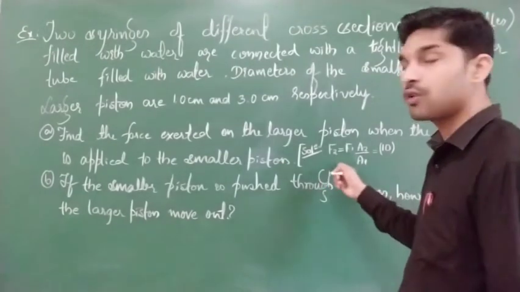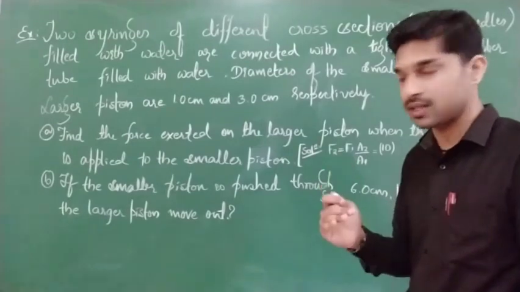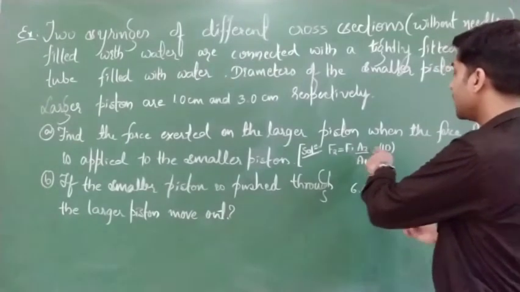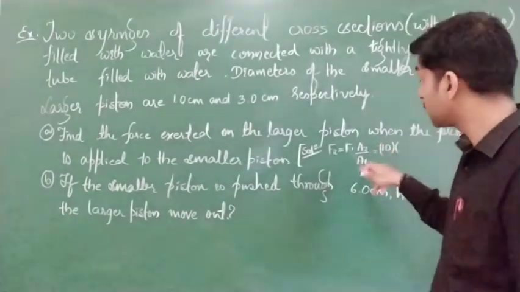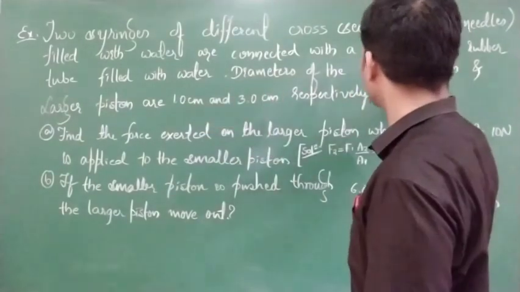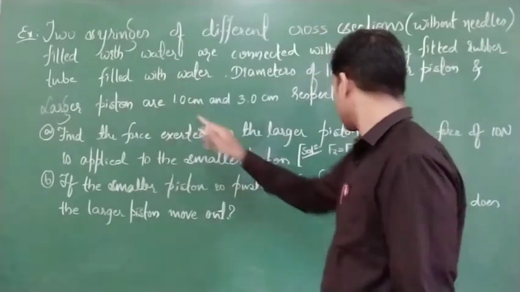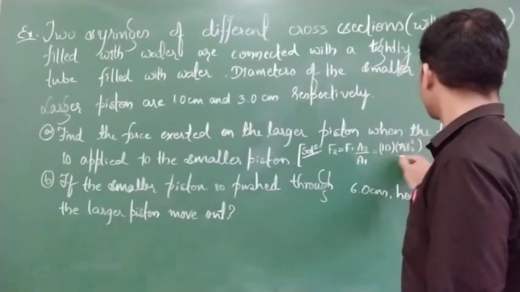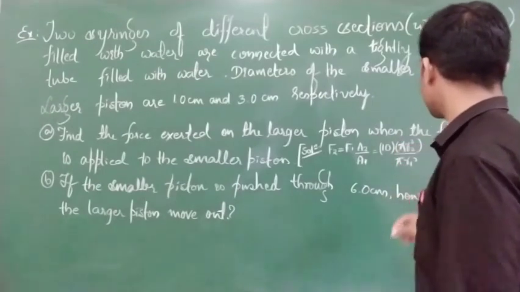If you are unable to follow this, you can follow the step by step writing also, the way we did the step by step method yesterday. So F1 is 10 Newton. Next A2, the area of the second piston, is pi R2 square. For the second one we consider R2, and the smaller piston will be D1. So first I will write pi R2 square divided by A1, which is pi R1 square. Pi will get cancelled over here.